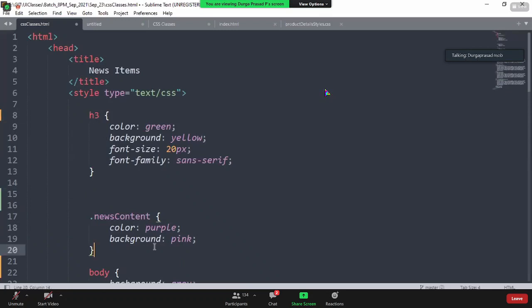At the bottom, you are using an H2 tag to define your content. That is completely different. H2 will not get these properties. It will always check with the tag name. H1 to H6 are completely different when compared to H3. That is the reason it doesn't get applied. Okay. Next.